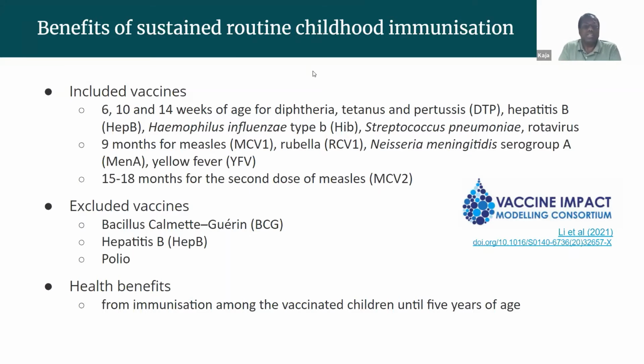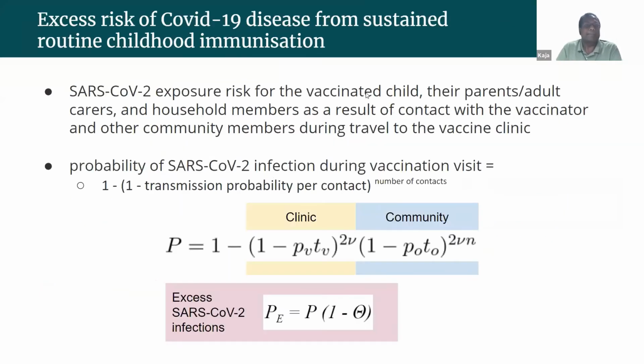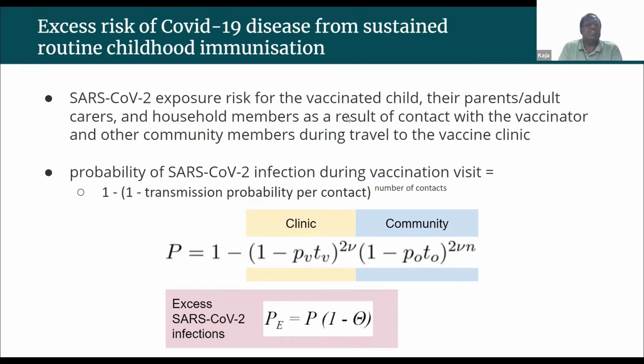For example, by providing immunization, how many cases could be averted up to 5 years of age, or how many deaths could be averted until 5 years of age. Next slide, please. And with respect to the risk of COVID transmission, or risk of SARS coronavirus infections during the vaccination visits, we look at how much transmission could take place potentially at the clinic, how much of transmission could take place during the travel to the clinic, so at the community level. And then looking at the overall transmissions that can take place because of continuing the routine immunization program.